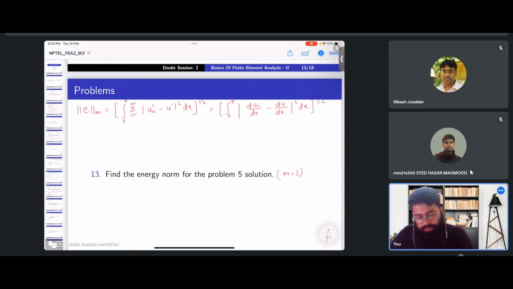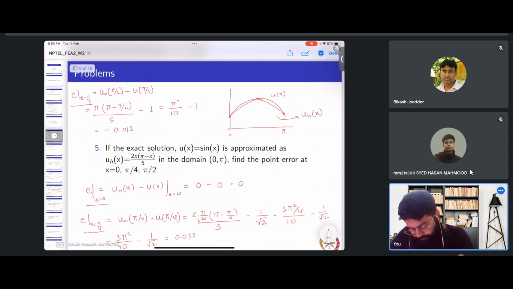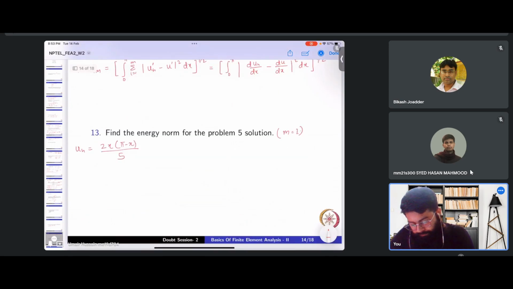Right, so our u was, I think, 2x into pi minus x by 5, right? Just the pi minus x by 5. So what is the first derivative of u(x) with respect to x? It will be,